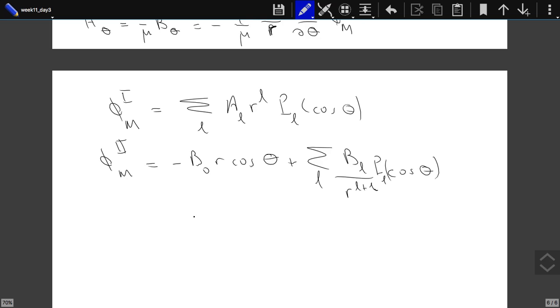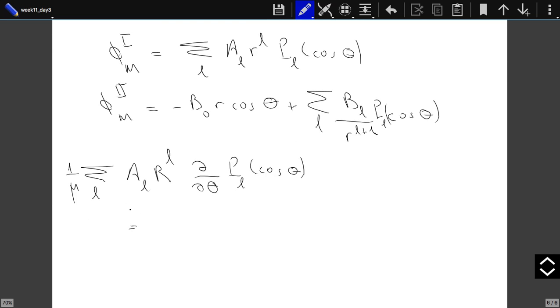This is our phi 2. And so just take the derivative with respect to theta, multiply it with the 1 over mu of that region, and equate the two when small r is equal to the radius of my sphere. So that gives us 1 over mu, sum over L, A_L, r to the power L, del over del theta P_L of cosine theta, should be equal to